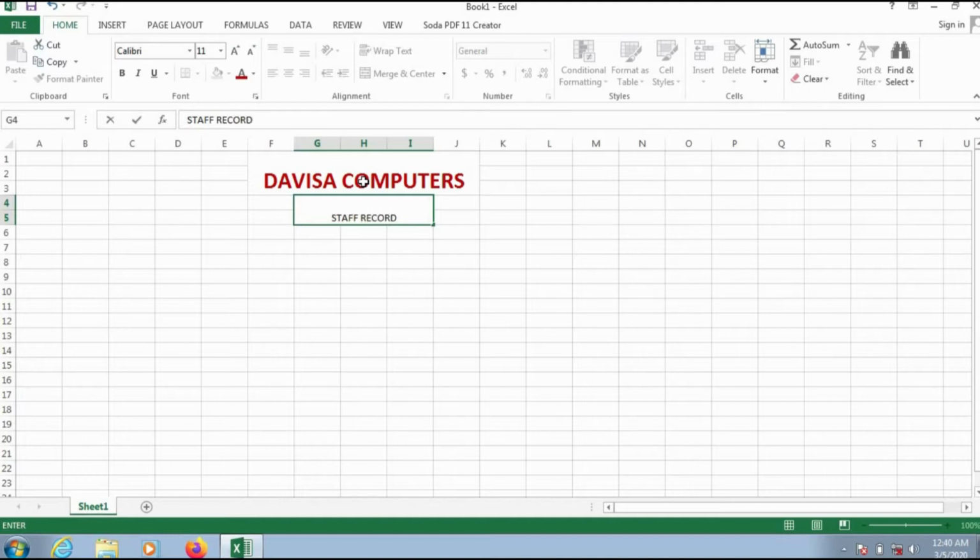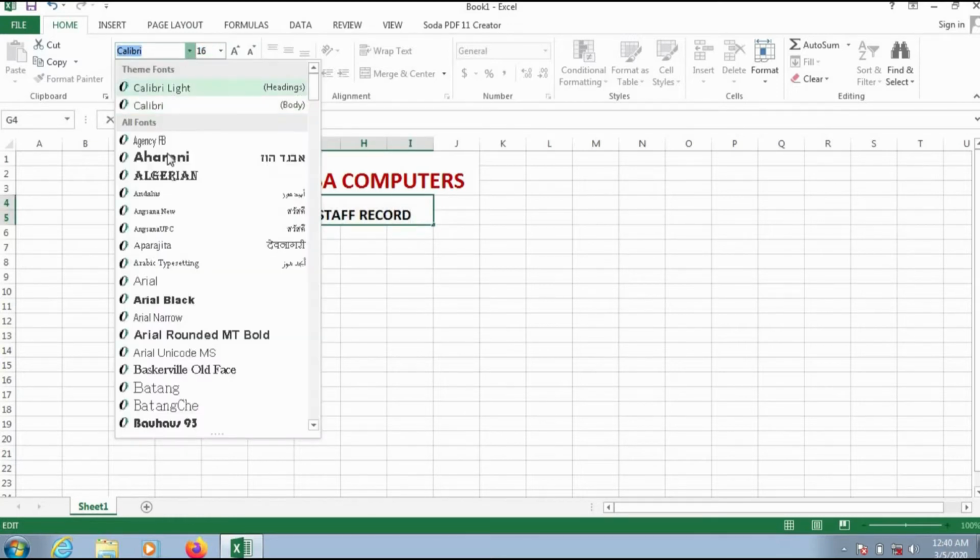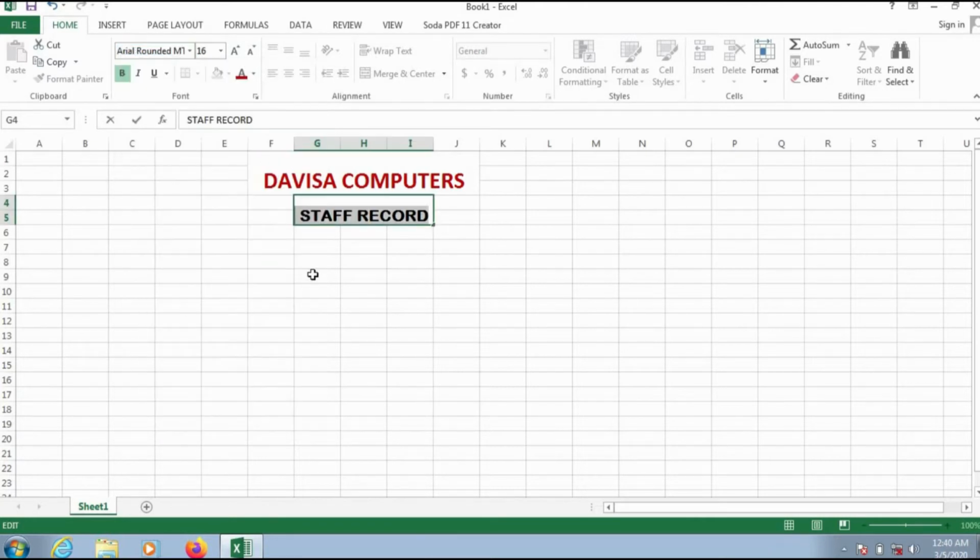Okay, so having done that, we can actually do a simple formatting. So we can use the one here. Let's make it 16. Let's bolden it, and even change the font. Okay, so we have staff record there. So let's start to create our